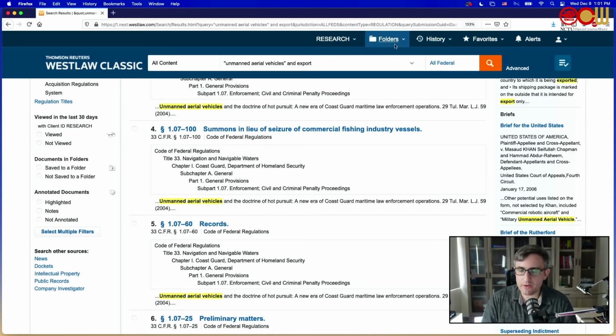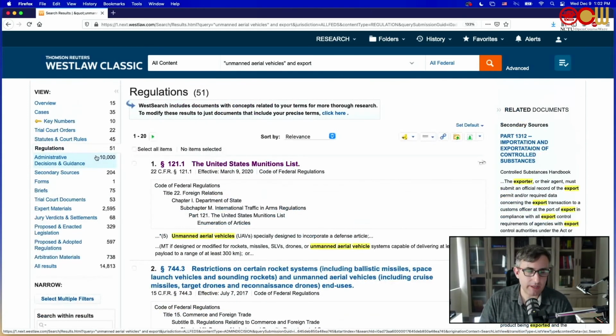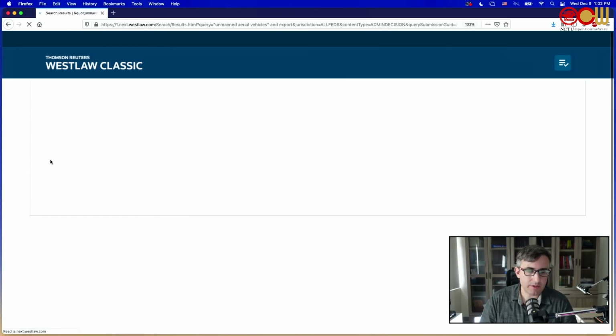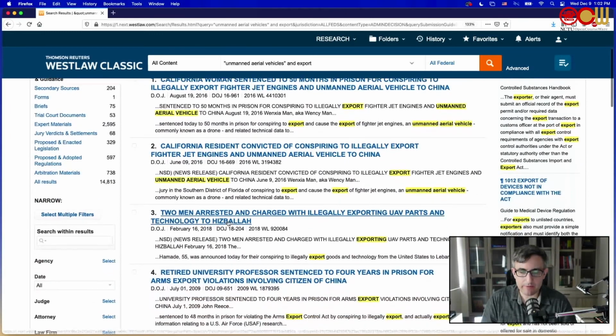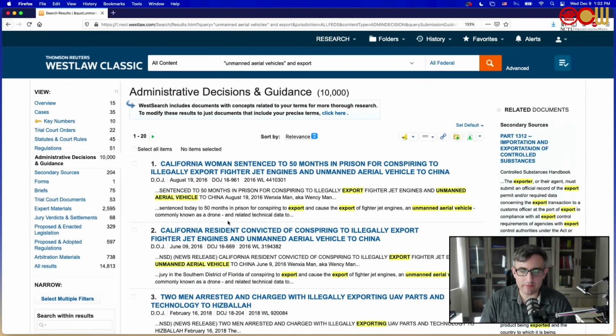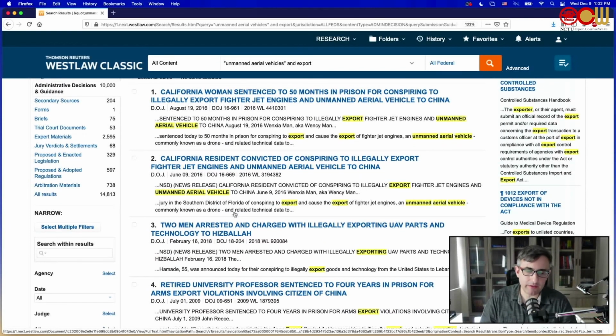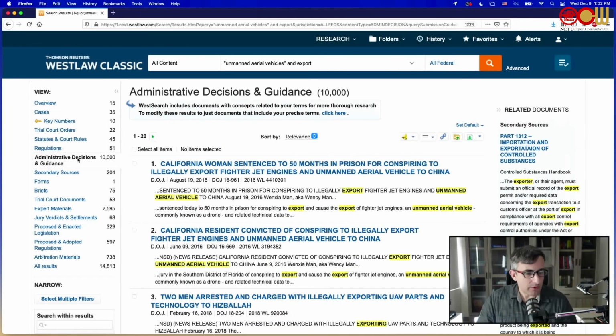Again, you can save it to your folders and that sort of thing, and administrative decisions and guidance. You can also check Department of Justice. These are from the Department of Justice, relating to, it looks like press releases relating to people getting caught illegally exporting unmanned aerial vehicles. So this is our